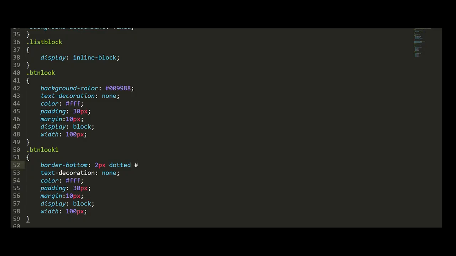So here color, I am going with some random color. Save and go here and refresh. Now the border is applied only in the bottom. By the same way, you can apply border for top or left or right.